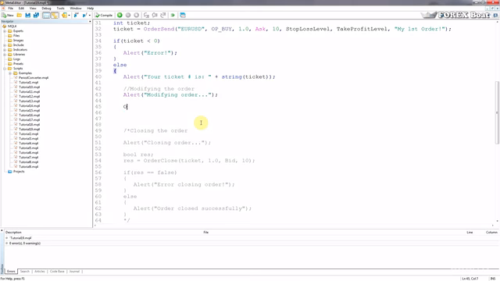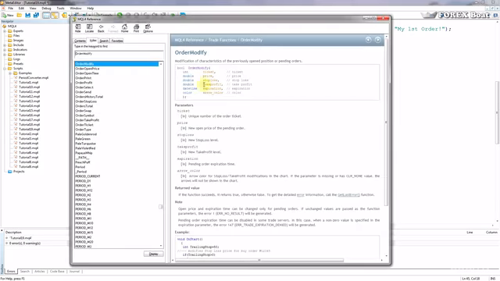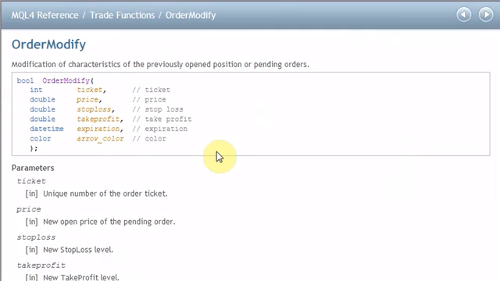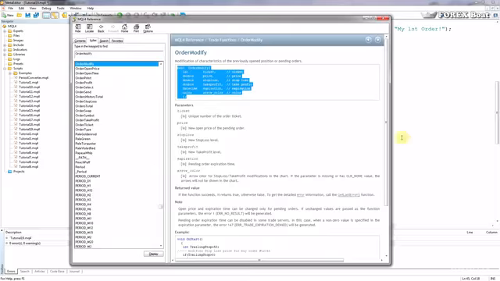Then we will be using the OrderModify function. So let's highlight this function and go into its help or MQL4 reference, and just have a look at it and how it works. So the OrderModify function,